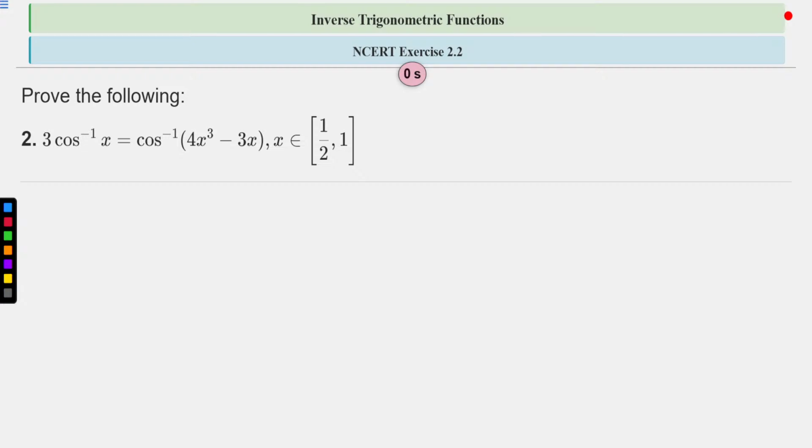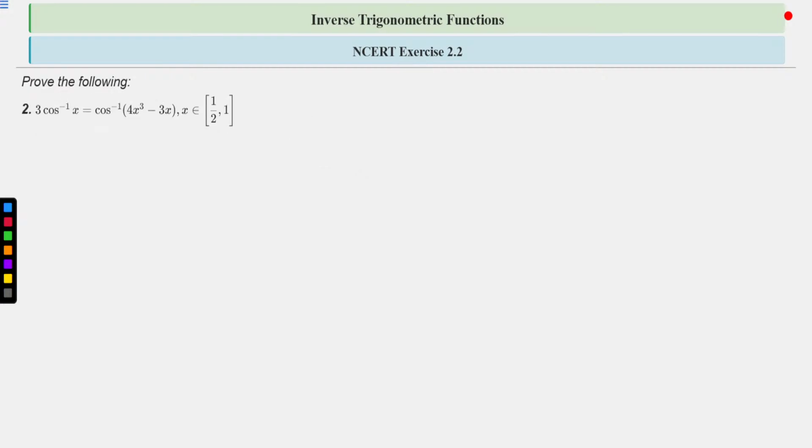Okay, let us move to the solution part. What we have to do is prove that 3 cos inverse x is equal to cos inverse of 4x cube minus 3x when x belongs to [1/2, 1], right? So let us move to the solution part. To prove this,